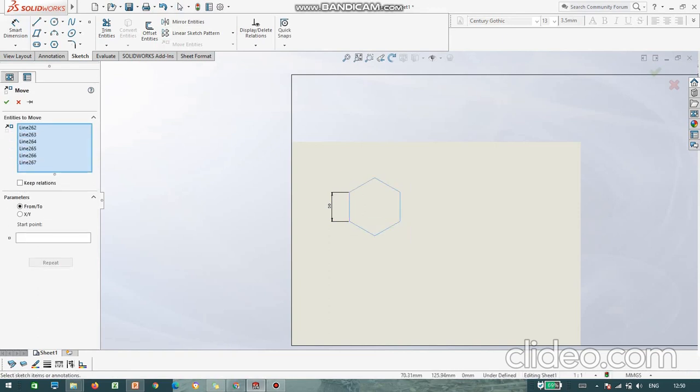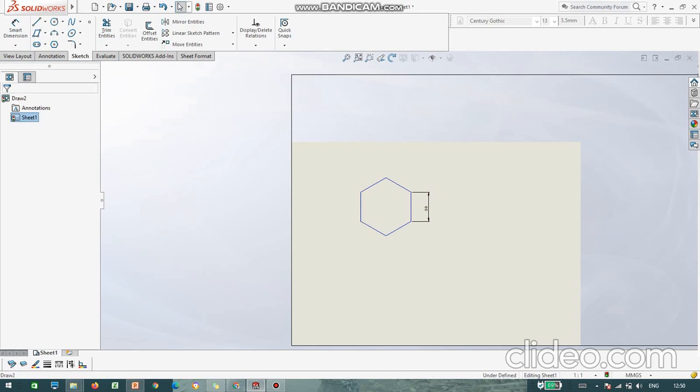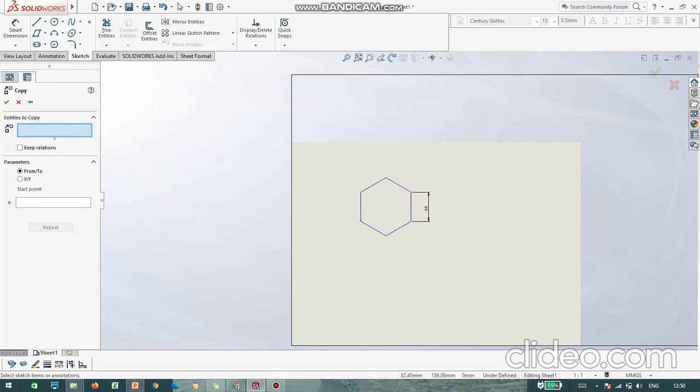Select entity, starting point, let's say from here to here. See, it didn't change because the dimension was not assigned earlier. This is called move entity. Next we have copy entity.